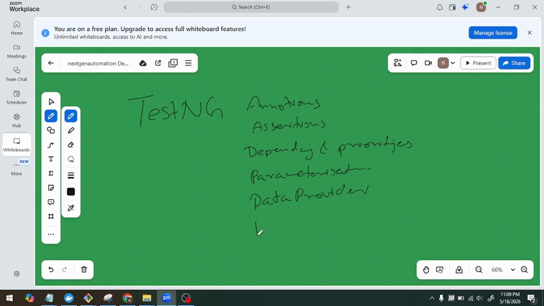Then parallel execution, then groups. What are the groups in TestNG? Then listeners, then the retry mechanism, then reporting,